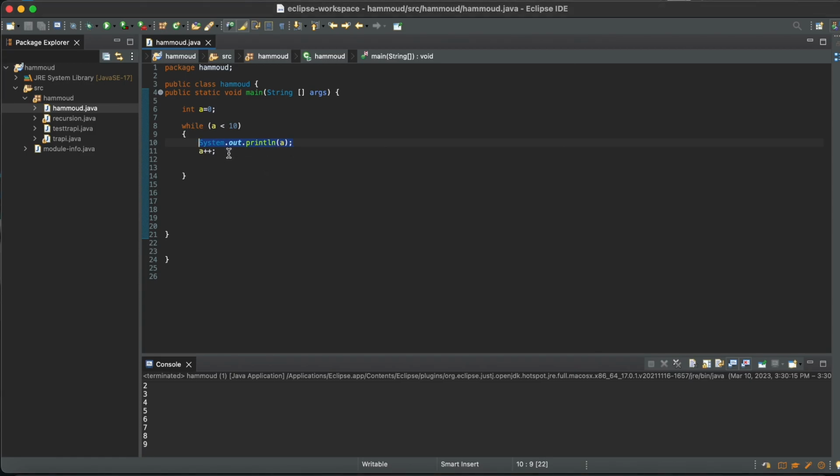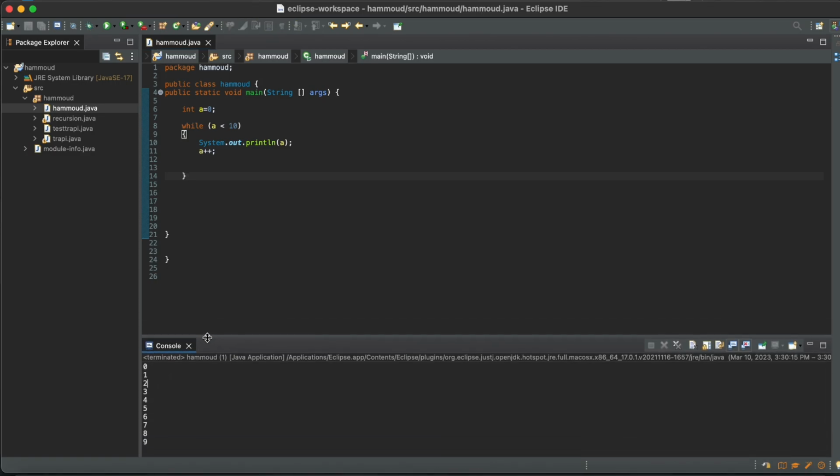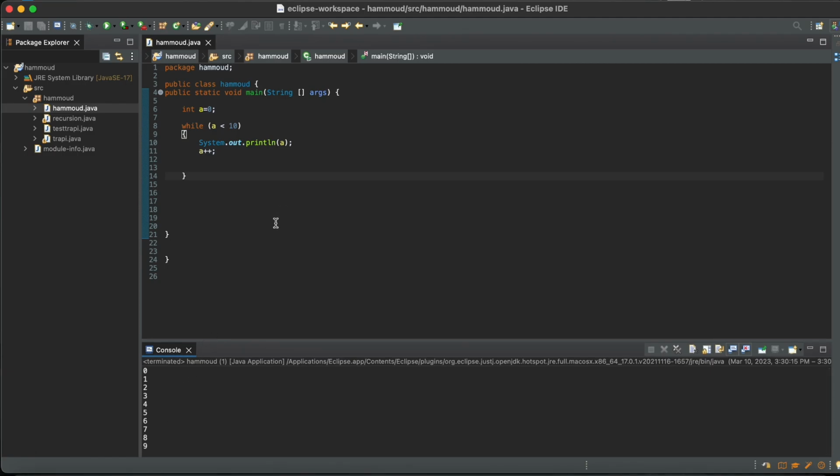Then it increased the value of a by 1, and now the value of a became 1. Okay, and then it goes here once again, and 1 is less than 10. Then it prints the value of a once again and it prints 1 here, and it executes the same statement again and again, and it increases the value of a again and again until the value of a becomes 10. So it printed the value of a until 9, but when the value of a becomes 10 here, 10 is not less than 10, then the condition is false and we will go out of the loop and